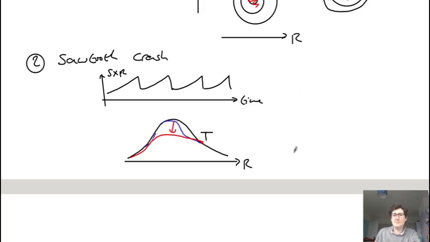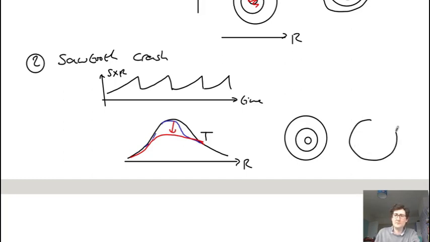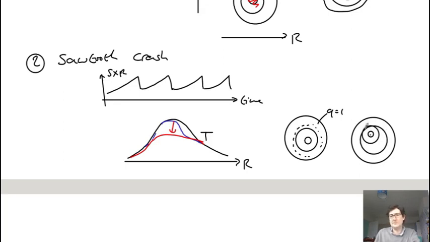And what's thought to be happening is you start with a set of nested flux surfaces like this. The innermost flux surface has Q a bit less than 1. So you might have a surface here where Q equals 1 in the plasma, and Q is a bit less than 1 inside here, and these become essentially unstable. So you form this very elongated and one-sided